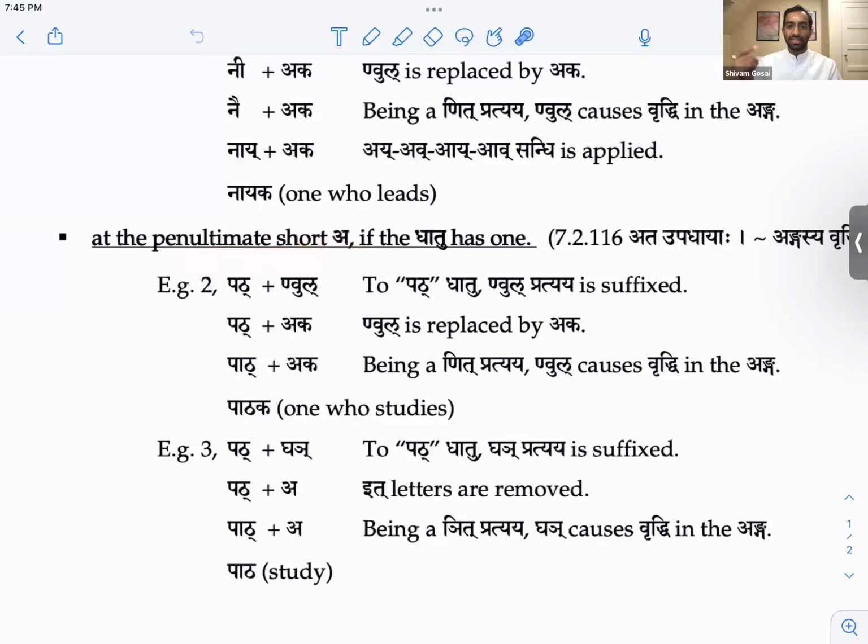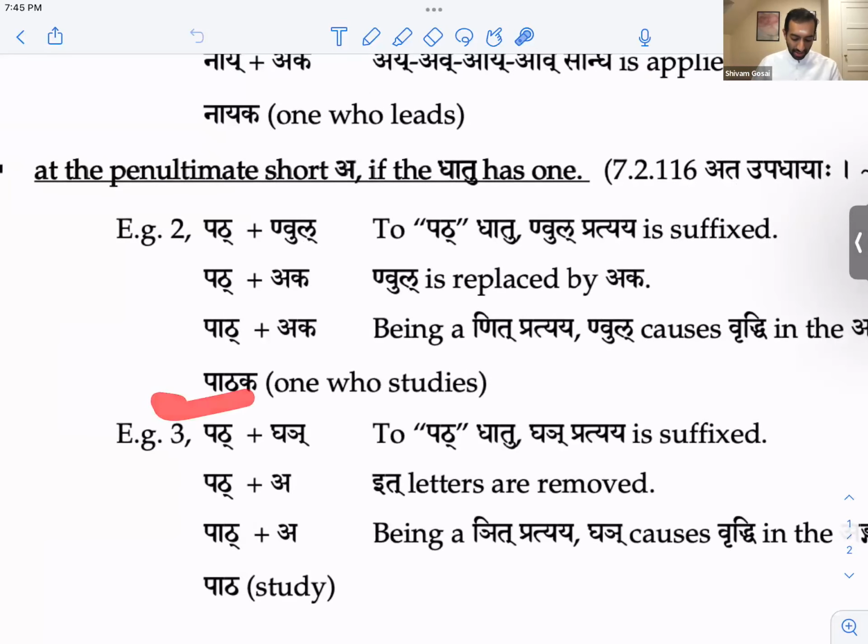Penultimate means the second to last letter. That's right. P-A-T, right? P-A-T-H, technically, but P-A-T. The second to last letter is a. So penultimate short akara, if the dhatu has one, this one does.